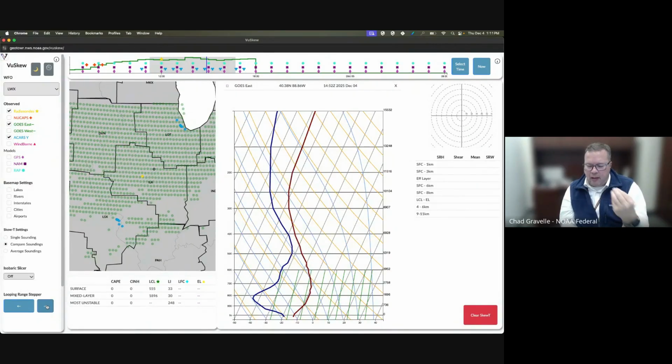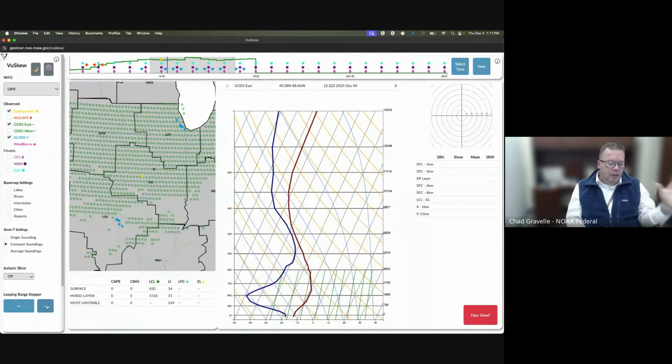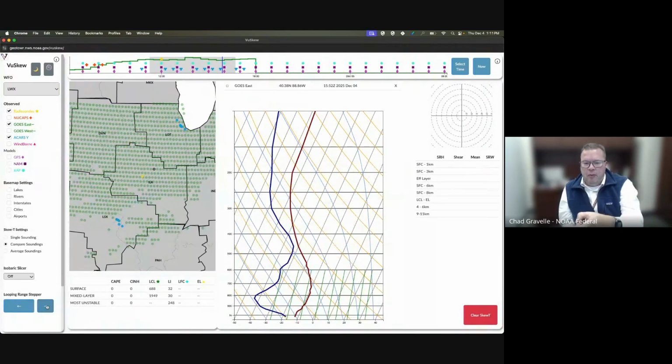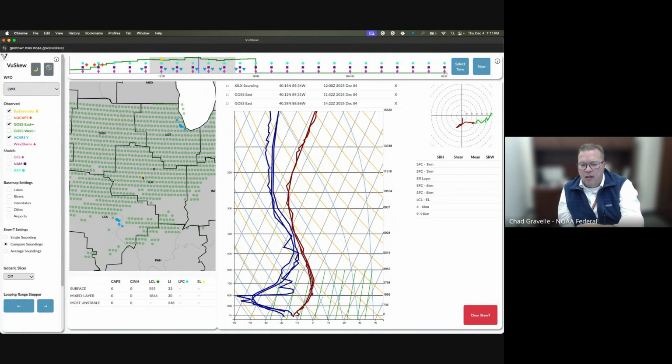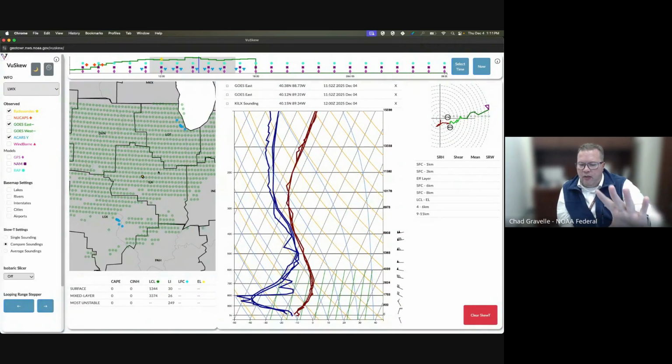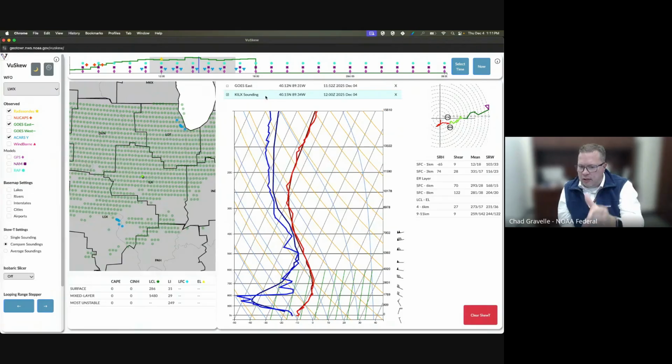And it's not meant to be, in my opinion, about comparing and contrasting. But if you put another observation over that, Luke, you can really see where the detail is, where it's excelling potentially, and where you need to be a little more cautious. And you can see here, temperature wise, it's pretty good. And I think over time, playing with this viewer will allow Weather Service meteorologists to get really comfortable with